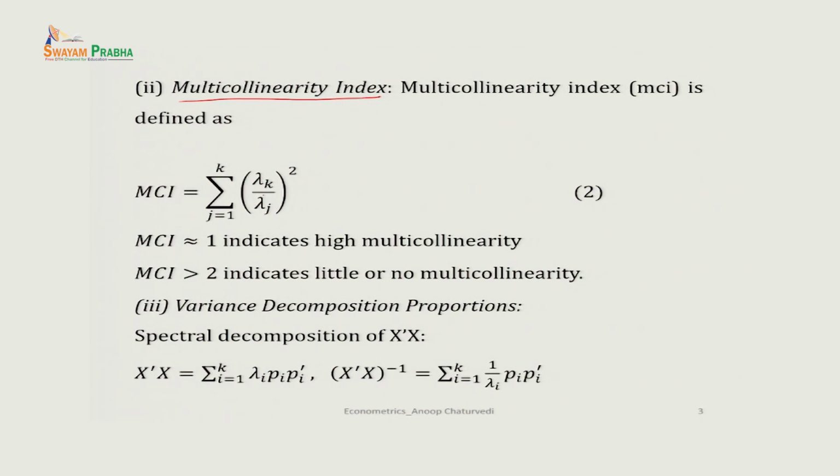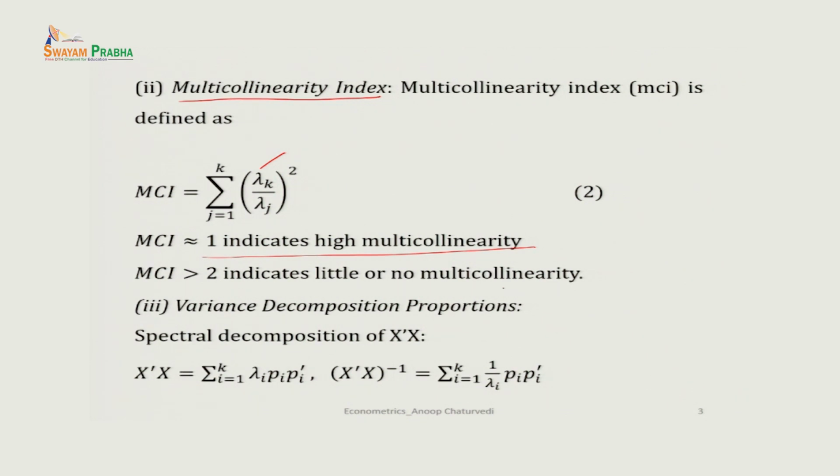So, we take lambda k upon lambda j, then we take square of this and then we take summation over j. In fact, here you are taking lambda k in the numerator. So, if there is multicollinearity, then the value of MCI will be small. In fact, a value of MCI around 1 indicates high multicollinearity and a value of MCI greater than 2 indicates